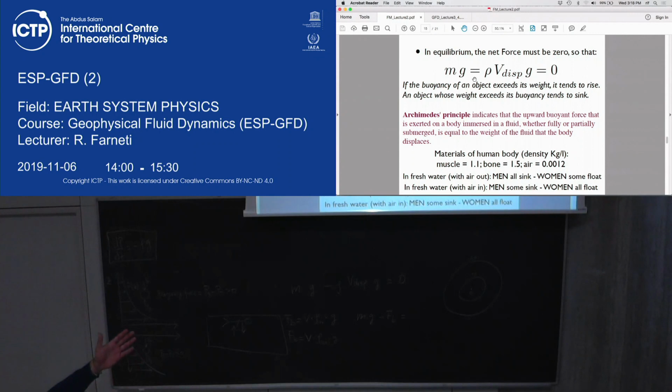And so this brings me to the other example, materials of the human body. Density, kilograms per liter. Muscle is 1.1, bone is 1.5. It's more dense. And the air that we have inside our lungs is 0.0012. Whatever. So in fresh water, in a swimming pool, if I breathe all my air out, so I empty my lungs,